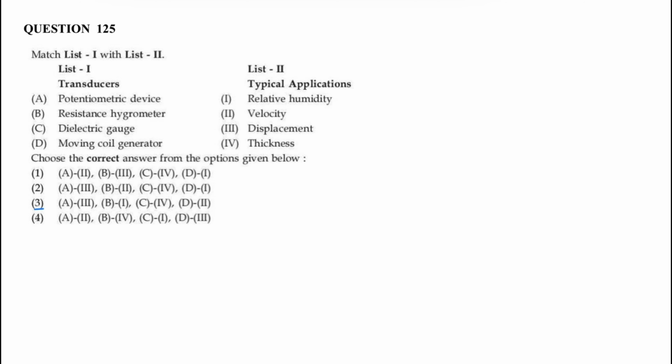Here, potentiometric device is used to measure displacement. Resistance hygrometer is used to measure relative humidity. Dielectric gauge to measure thickness. Moving coil generator to measure velocity. Correct answer is A3, B1, C4, D2. Option